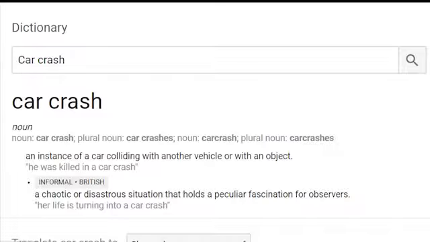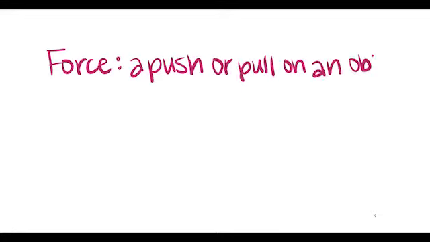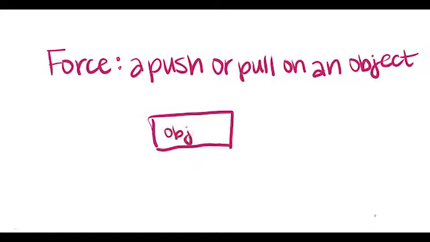at the physics level. First, let's talk about forces. A force is a push or pull on an object. So, what are some common forces? Well, gravity is a force that acts on every object on Earth, pulling it towards Earth's center. We can show this force by drawing an arrow pointing in the direction that the force pushes or pulls on the object, like this. We label the force so we know what it is. Since this force is gravity, we label it as Fg, or force of gravity.